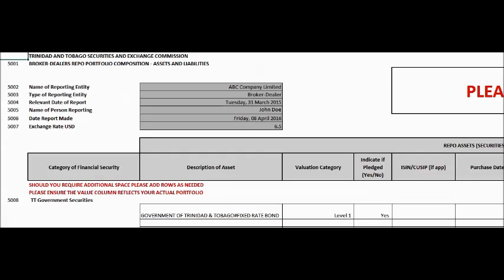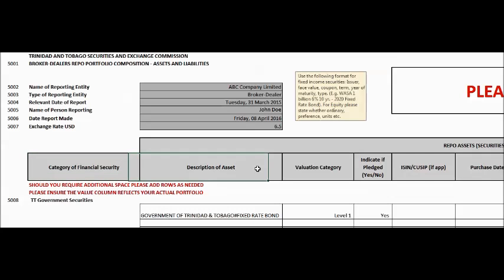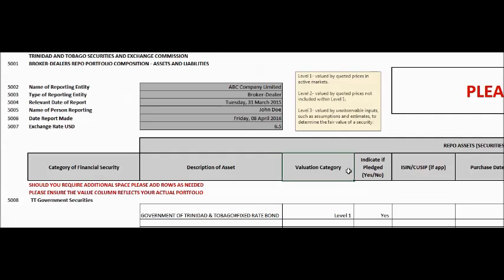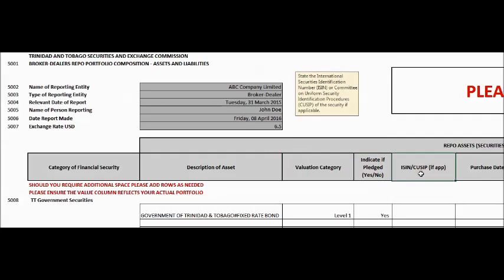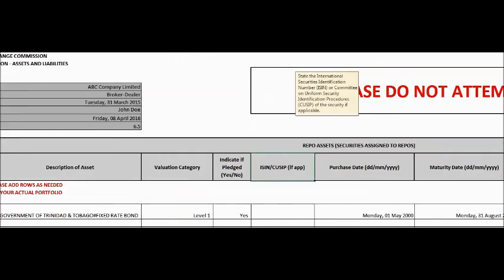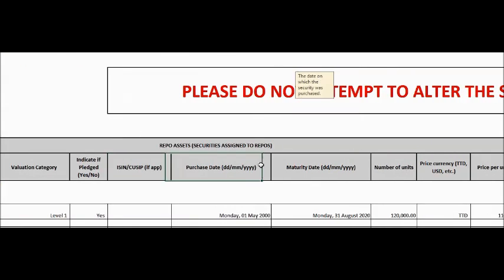The repo assets section of the form is intended to collect information on securities that have been used as collateral for repos. Much like the SEC MMRF 04, this section of the form collects the same information on each repo asset as follows: the category of each security, description of each security, the methodology used to value each security, the corresponding ISIN or CUSIP of each security where applicable, the purchase date of each security, as well as the maturity